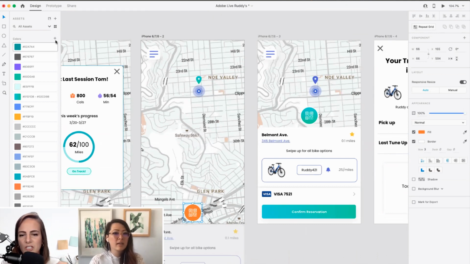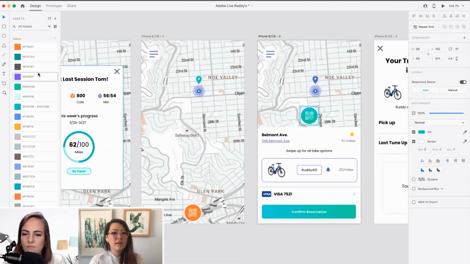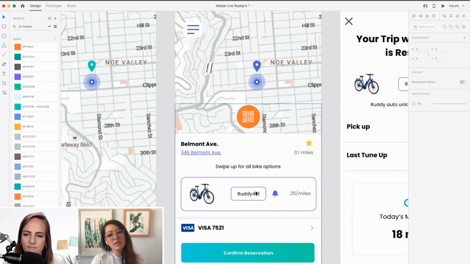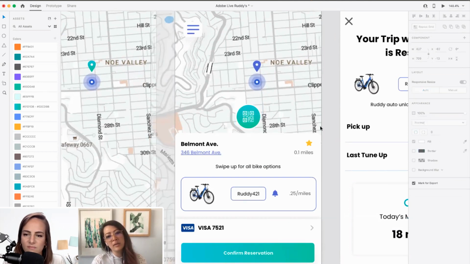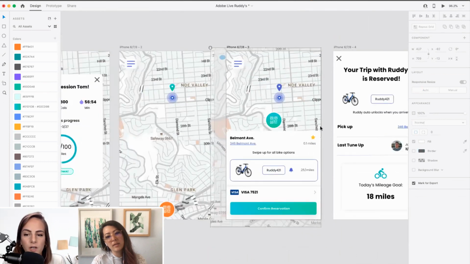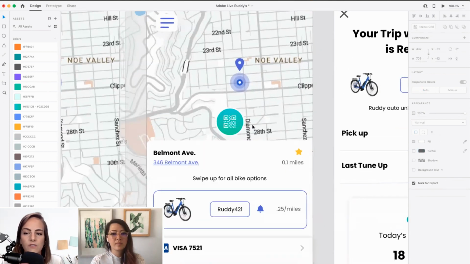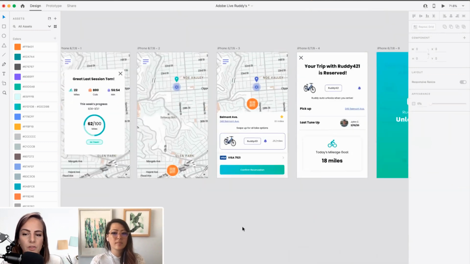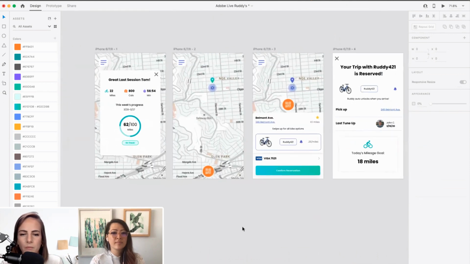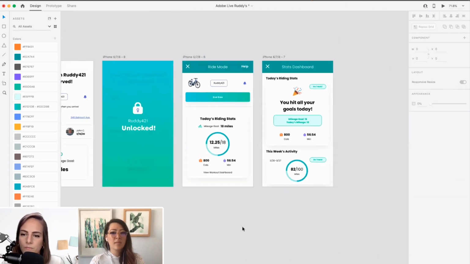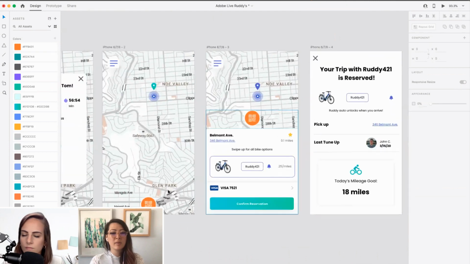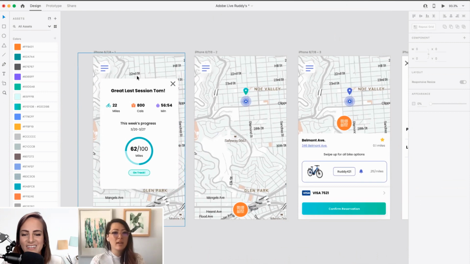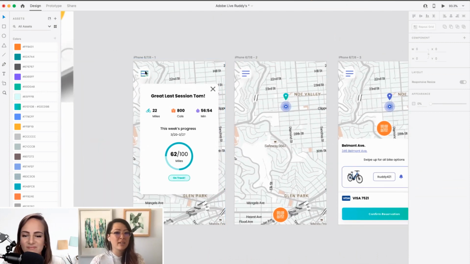Let's see. Yeah, that's still pretty small. Add that here. I don't know. What do you think? Do you like the orange or did you like the gradient blue? I think the orange helps give your eyes somewhere to look first, second, and third, as opposed to if it's both the gradient color, then I'm a little bit like, oh, where do I look first? Yeah. Great. Tell me what you guys think too. Blue or orange? Let's move on. Well, we'll come back to that is what I mean.